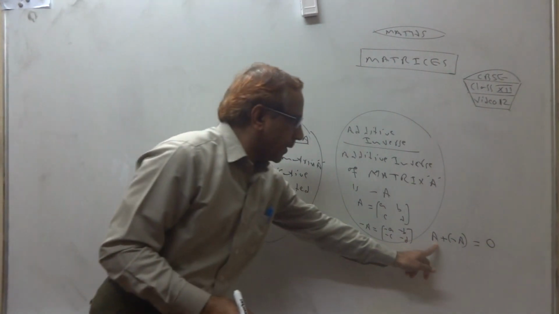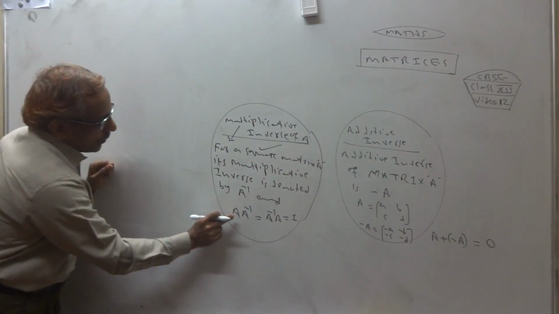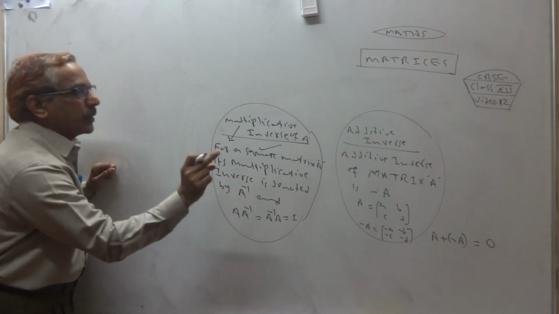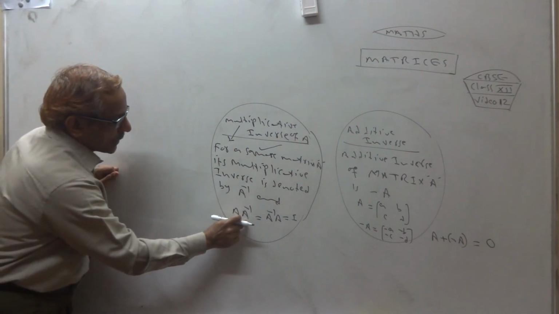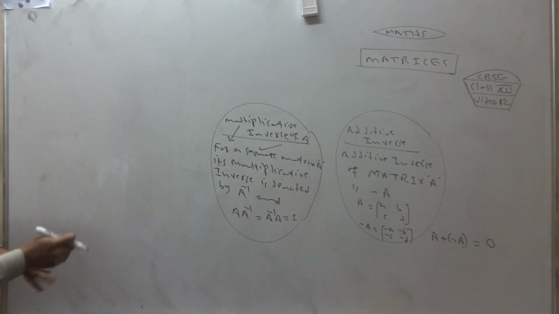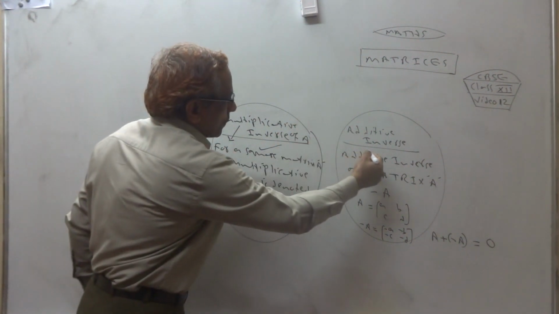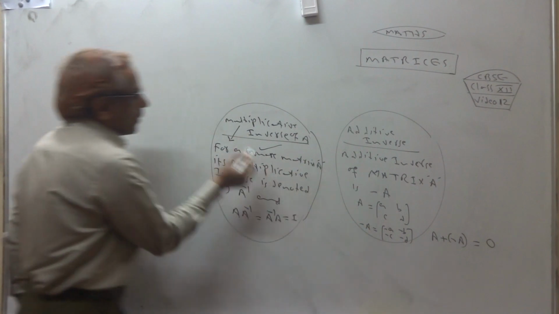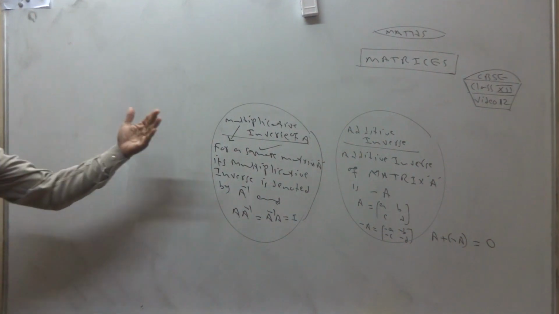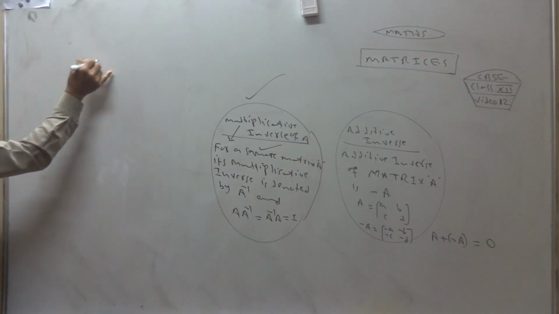When you add A and minus A, the result is the zero matrix. Like that, when you multiply A and A inverse, so for a square matrix its inverse will be there, that is denoted by A inverse. A into A inverse, or A inverse into A, the result is I, the identity matrix. Additive inverse is easy, just one step. But for any square matrix A, how to find the multiplicative inverse, that we have to start now. So please take this note first.